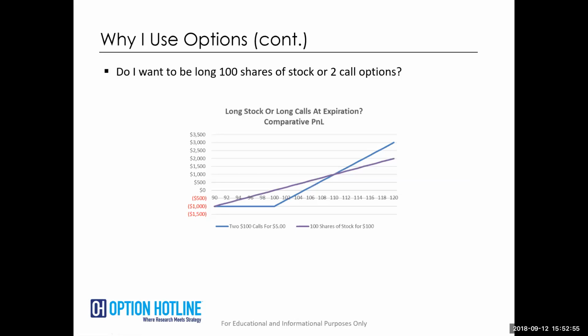And let's also talk about the downside. So I said that I was going to get out of the stock if it goes to 90, but February 6th happens. Or this is an individual equity. I might walk in tomorrow and find out that the CEO was smoking weed on a podcast. Or I might find out that the SEC is investigating and the stock went way through my stop level. I can't trade out of it if it just gaps down. I'm not out at 90, maybe I'm out at 80. So I thought I was risking $1,000, and guess what? I lost $2,000.